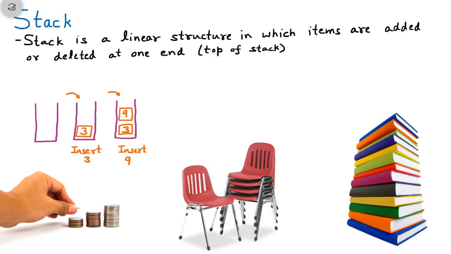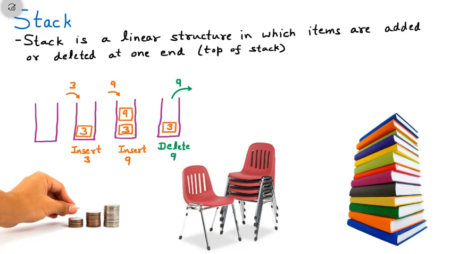Now this is the time to take out the blocks. So this is called the deletion, what we are going to do. So I am taking the next step. Now once we have to take out the block, 9 will come from the top, means from the top of the bucket we will take the 9 out. So the 9 will come out and we can say that it is delete 9. Just like the first bucket was empty, then we inserted the 3, then we inserted the 9 from the top. Similarly, we have taken out the 9 from the top.